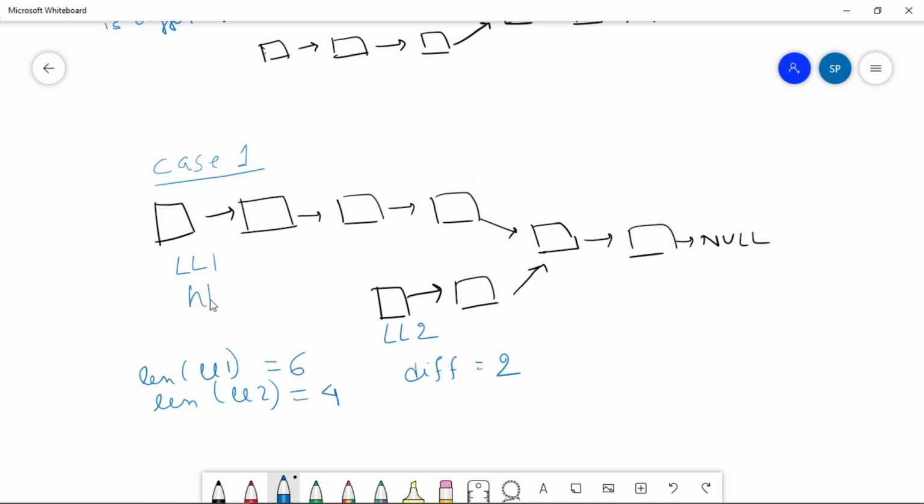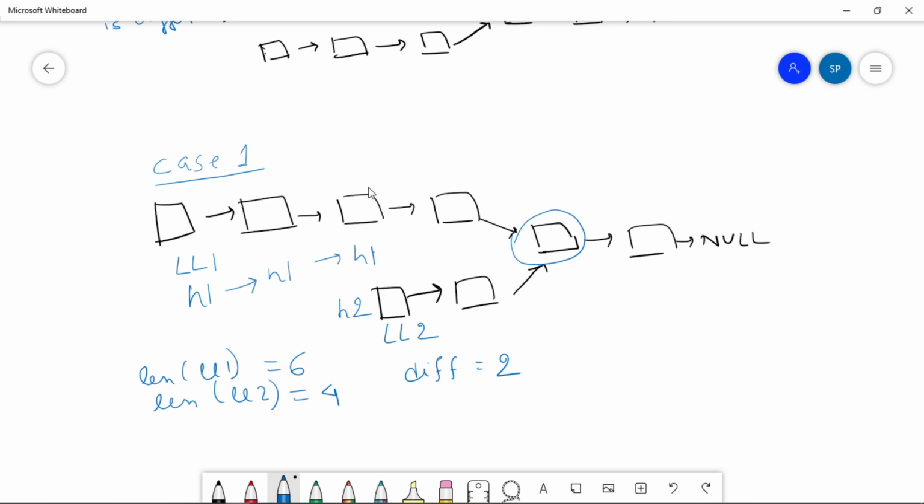So head 1 will initially be at this place, after 1 step and 2 steps, and head 2 will be in its original position. Now in each step we'll move forward h1 and h2 by 1 until we find a node where they merge, that is, they are equal.